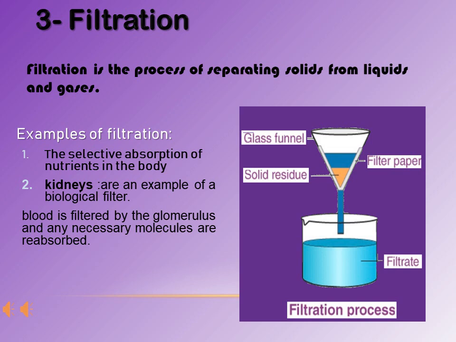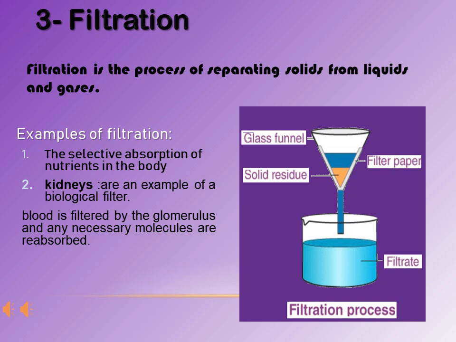The second example we have is the kidney. The kidney is a biological filter, and it is a major organ that undergoes filtration in our body. It filters blood by the glomerulus, and any necessary molecules are reabsorbed again to the body. It filters the blood of any toxins that may harm our body, or any residuals of drugs